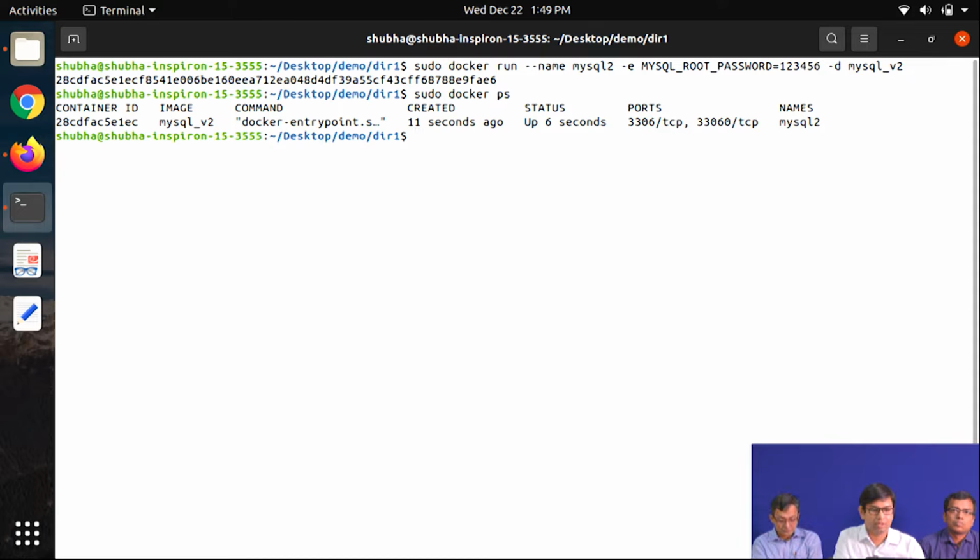So, now we will be running that PHP myadmin container. So, let me give a name PHP myadmin, and yes, we need to link the MySQL container with this container.